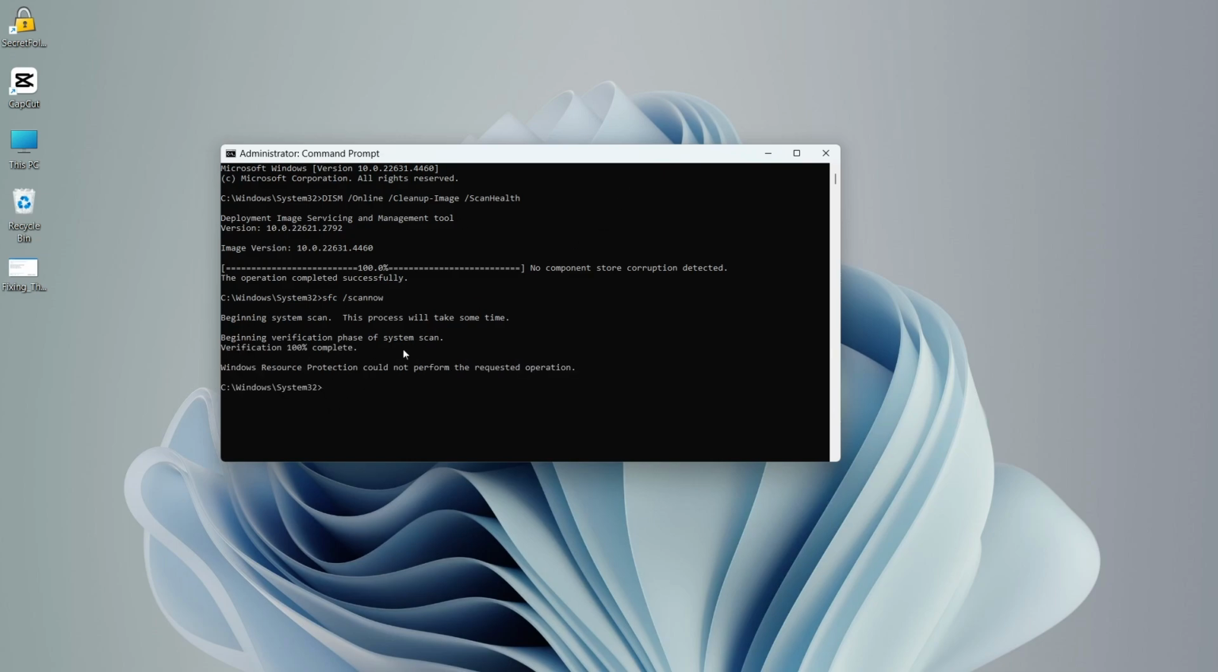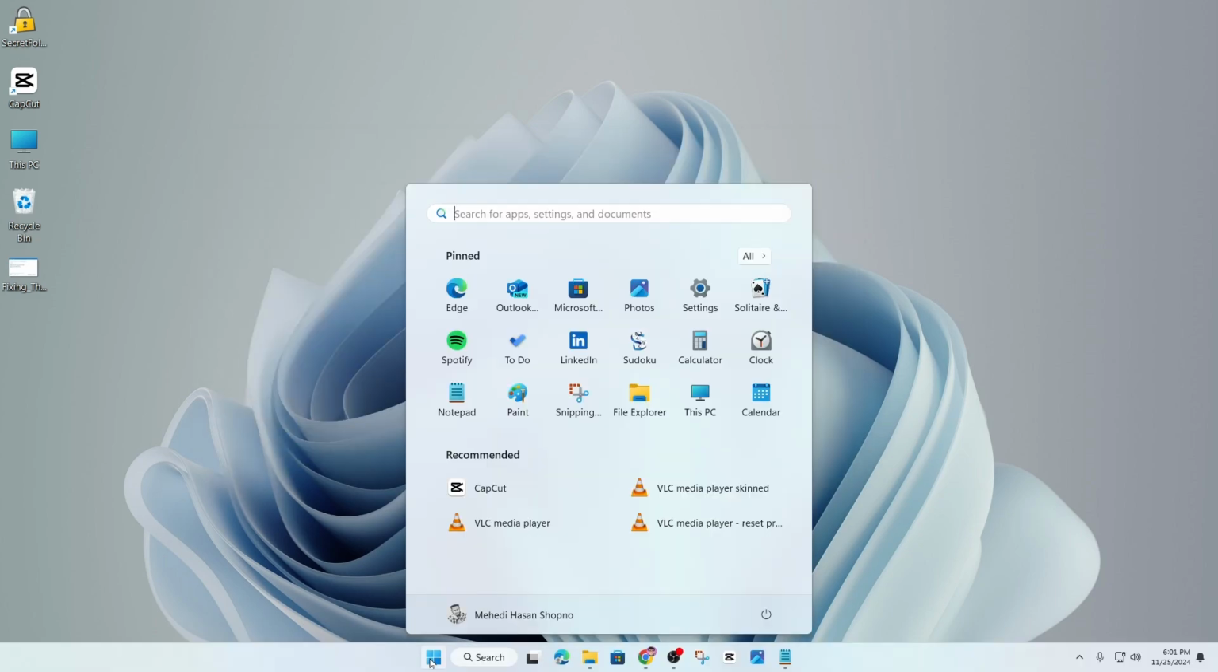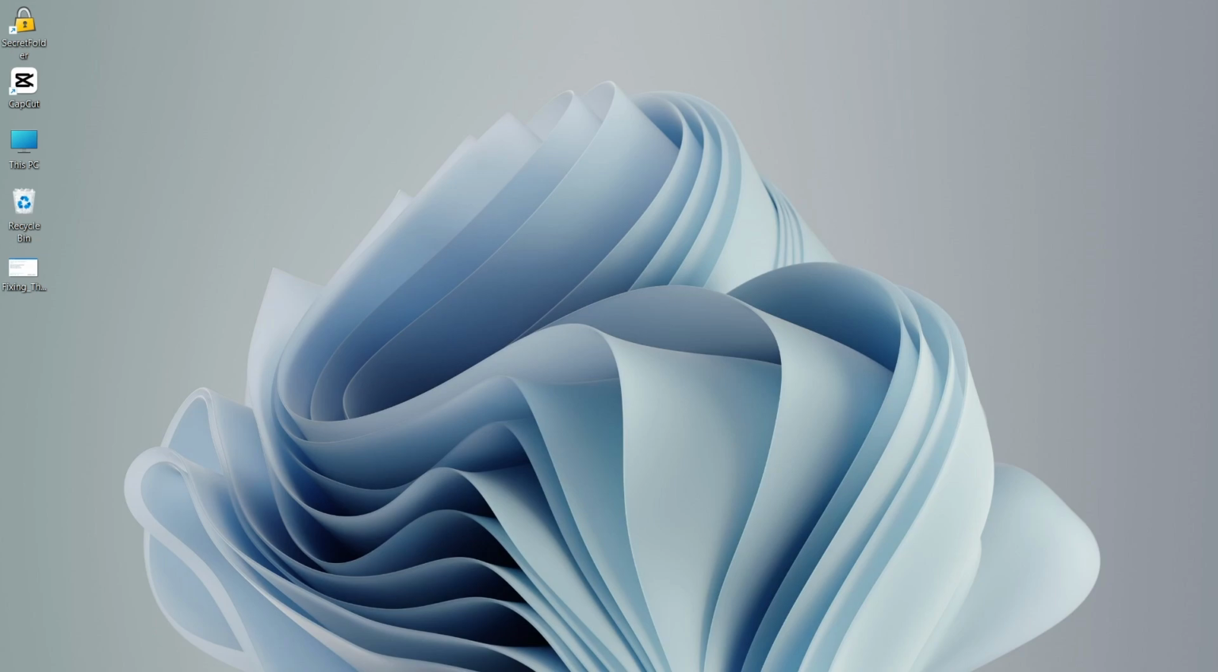After completing the verification, you just simply come over to the start icon and restart your device and your problem will be solved. So this is how you can fix the errors in Windows